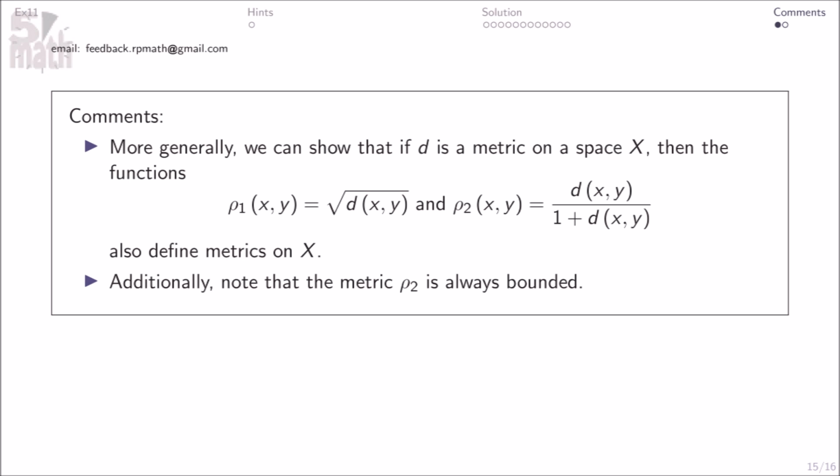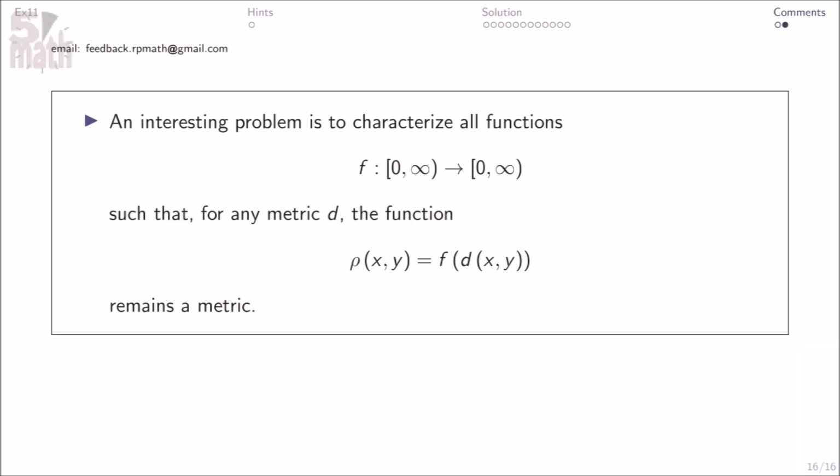Comments. More generally, we can show that if D is a metric on a space X, then the functions rho 1 xy and rho 2 xy also define metrics on X. Additionally, note that the metric rho 2 is always bounded. An interesting problem is to characterize all functions here such that for any metric, the function